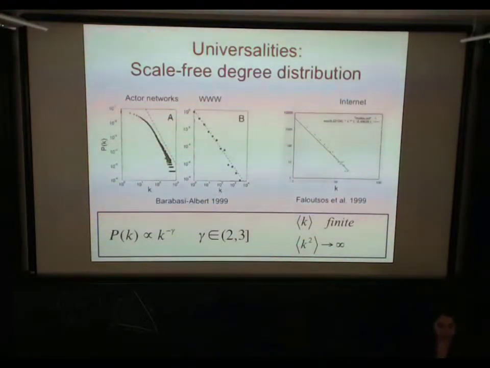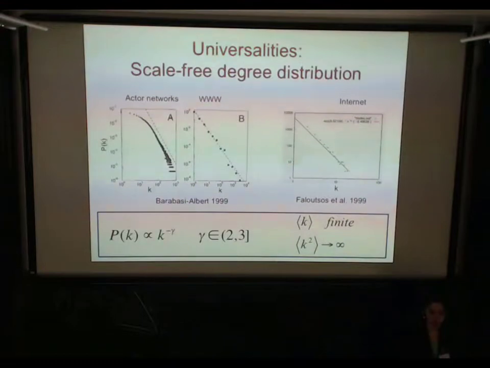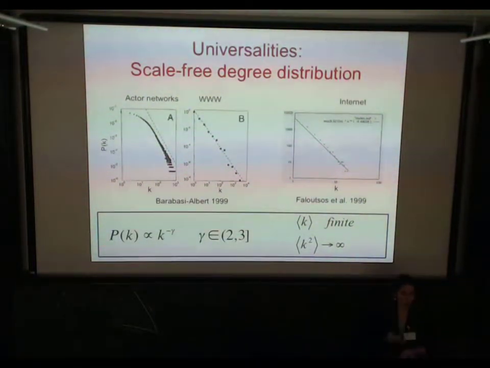And this indicates that if you have a social network and you sample and then you double your number of nodes, then the average degree remains practically the same, but this average degree is not really significant because the fluctuations around the mean are diverging. So the error that you make on the average is infinite.